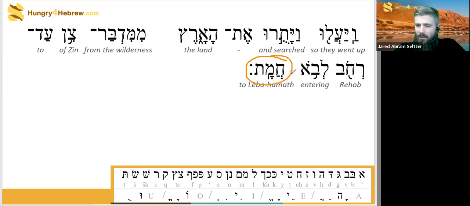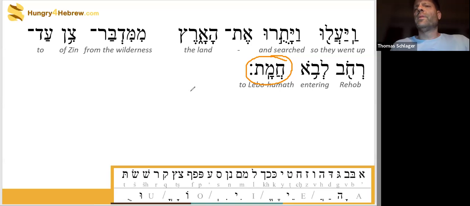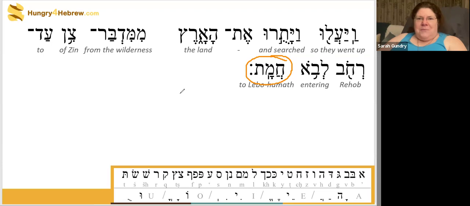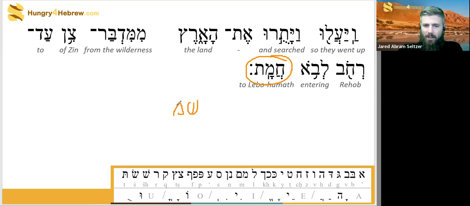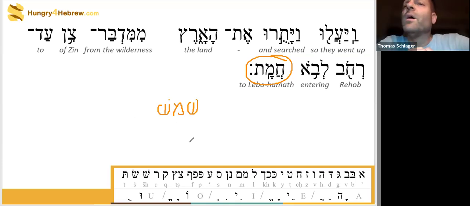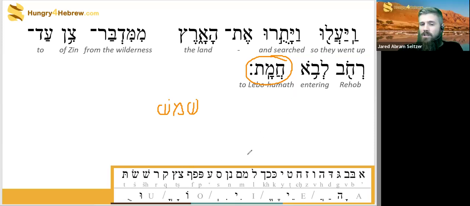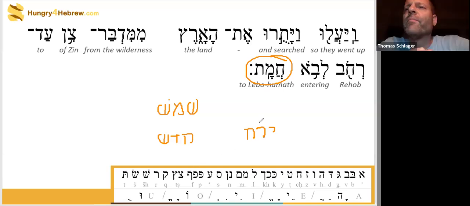Anyone have an idea of what the Hama is? The hot place. The sun. So Hama is originally the sun. Later on, it's called Shemesh, which happened to also be a Canaanite god of the sun. Just like Yareach used to be a month, and then later on it turns into Chodesh. I mean, we get to see some words changing here.